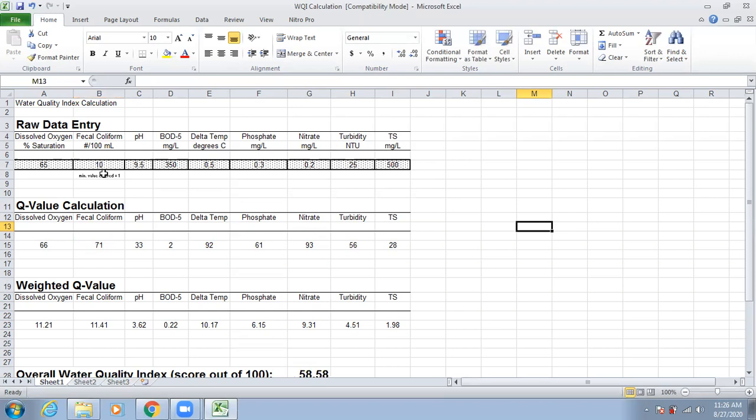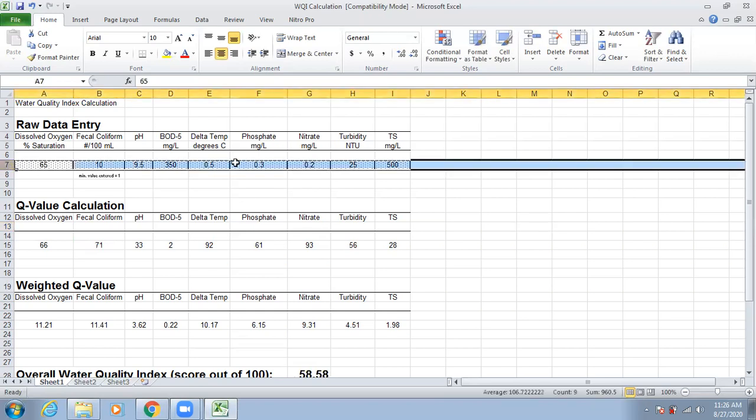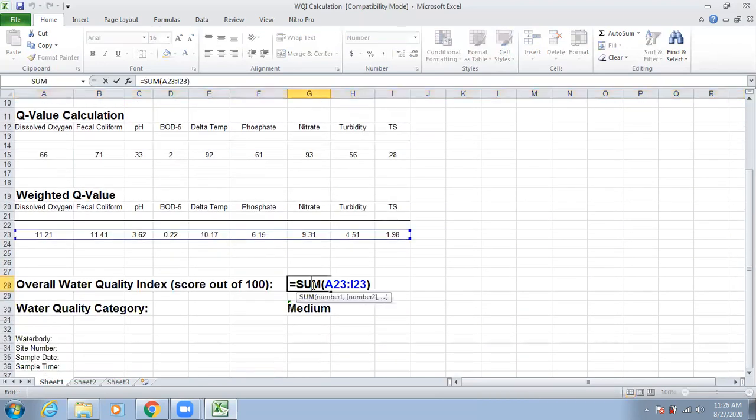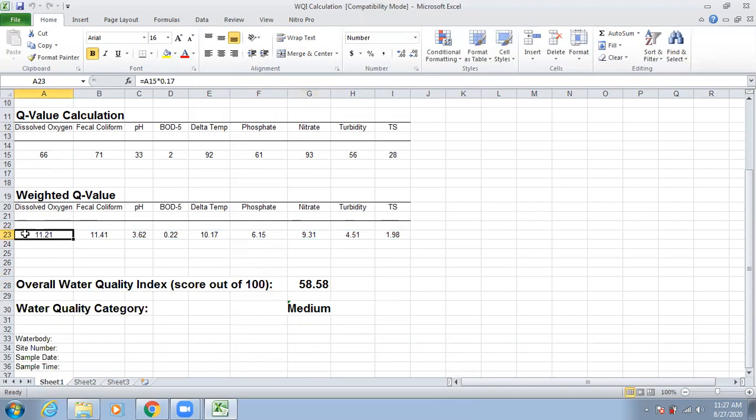and labs should follow SOPs as per NABL, MFCC recognition. And then you have to put here the total value. You can enter only in this. You do not put or change other values. These are calculated. This is the Q value and this is the weighted Q value. On this basis only, this will be there. Here you can see the water quality index is based on the weighted Q value, and the weighted Q value is based on this Q value only. Here you can easily identify every time. So it is based on this one, right?